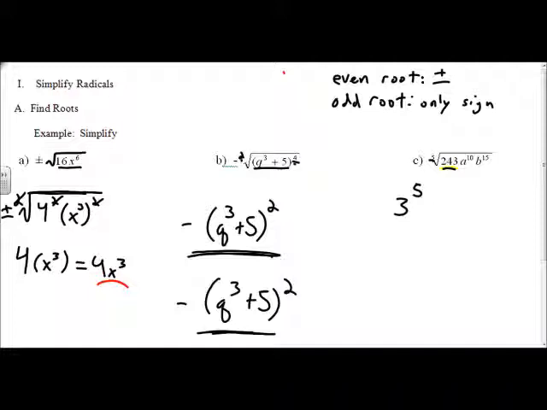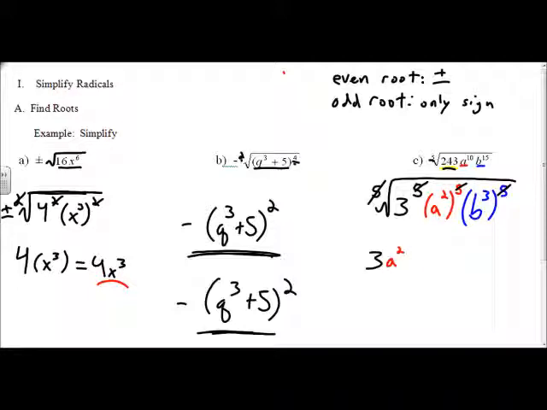A to the 10th would be the same as saying a squared to the 5th. Because remember, anytime that we have an exponent to an exponent, you multiply them. So 2 times 5 is 10. And looking at our b to the 15th, in a similar way, that would be b cubed, or b to the 3rd power, to the 5th, because 3 times 5 is 15. Now that we have it in this form, again, we still need to recognize that it is the 5th root. Well, just like we did before, we would cross out all of our 5th roots, and we would just be left with 3a